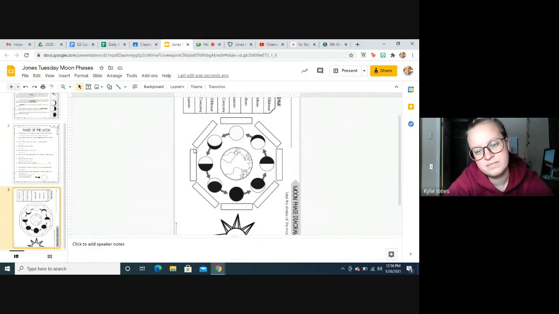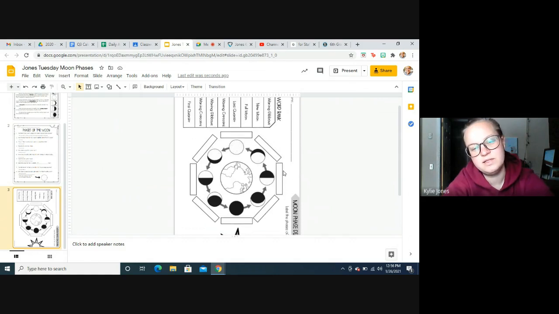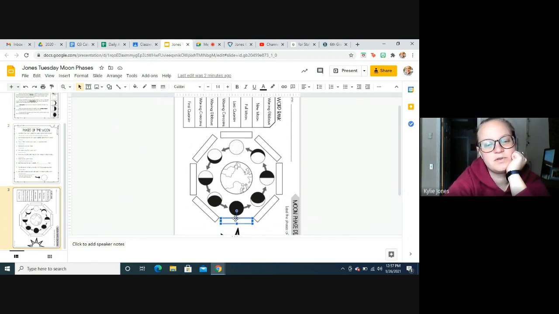All right. On this last slide, we are labeling the different parts of the moon phases. We need to first put the new moon. When you're looking at these different colors, the black versus the white, black means that you cannot see that part of the moon, and the white means that you can see it. So the different phases are based on the white light, what you can see. If you're looking for the new moon and you cannot see any of the moon, it's either going to be this top one or the bottom one. So which one would it be?